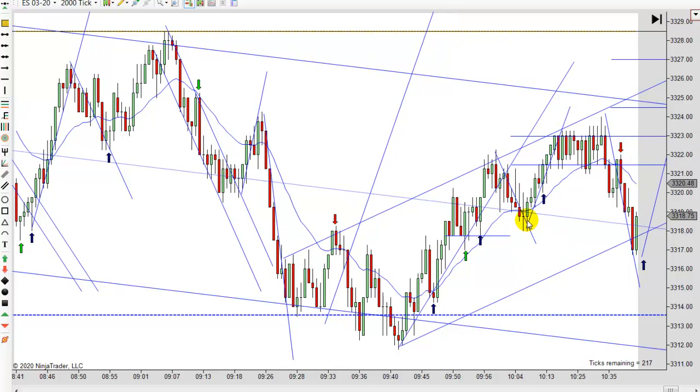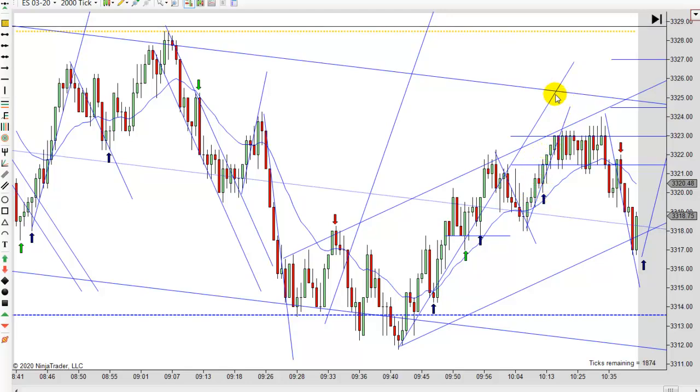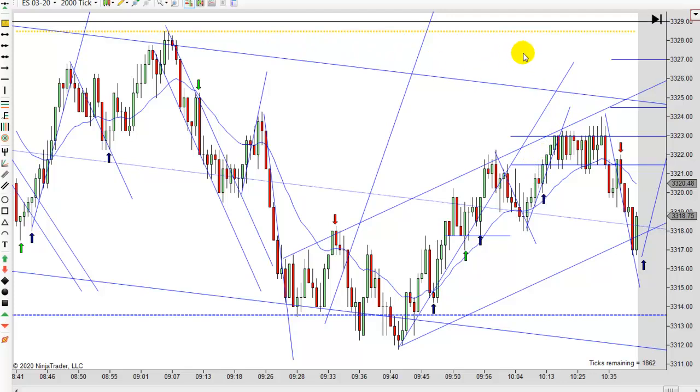But notice what happens. You work back up and you get a lower high here. This actually breaks lower and turns and goes out the other side. I like going long there. You're still looking for prices to come up here, so